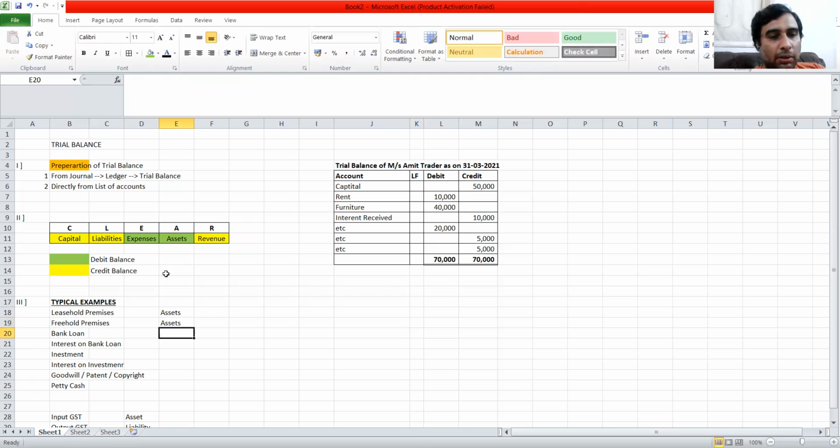Okay, so once you know that this is an asset, then you have to use the clear concept. A bank loan. Once it's an asset, it will have a debit balance. Let's also write that down. A bank loan is the opposite of a bank balance. A lot of times in accounts, I use this shortcut. I don't know the concept directly, but I know the exact opposite concept properly. So a bank balance is always a debit balance.